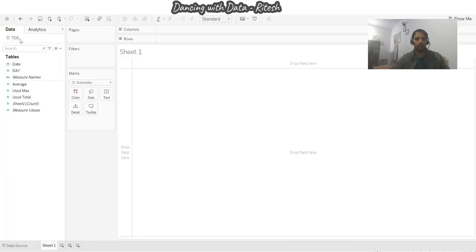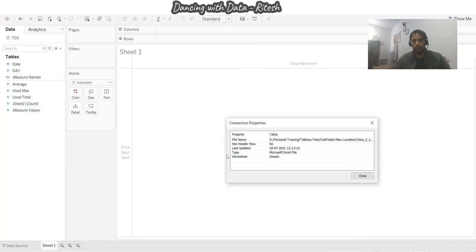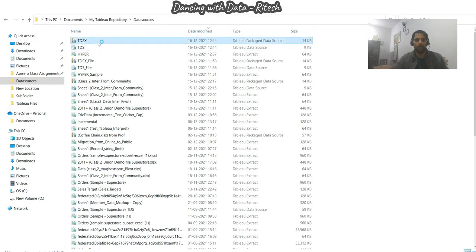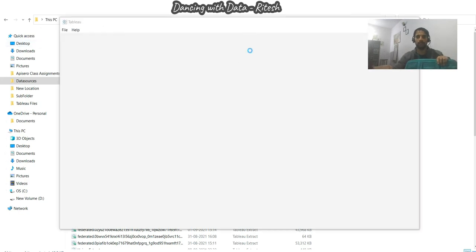And the other thing is that whenever you do right click and properties, it will always point to the location. So if you see, it is now pointing to the new location. And now we'll see what will happen when we do these properties on the TDSX file. Okay. So let's go to the TDSX file now. Now I'm opening the TDSX file. That means I have my data over there in the zip file. So I don't depend on it if she has put it somewhere else. I have the copy over there and this zip file is with me. So if I open it, that should not bother TDSX. Let us see.